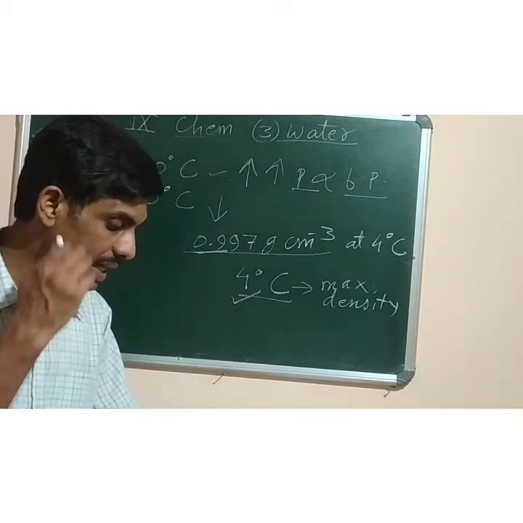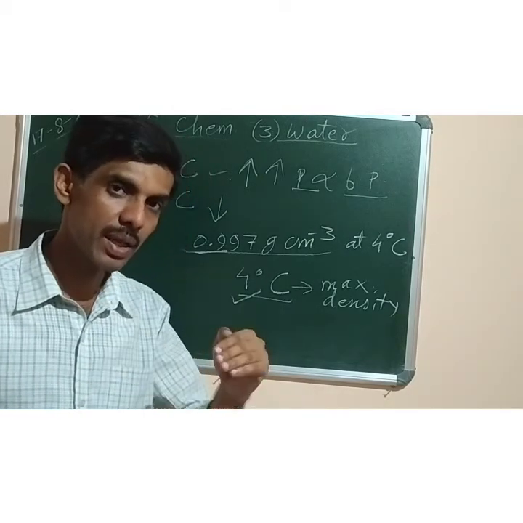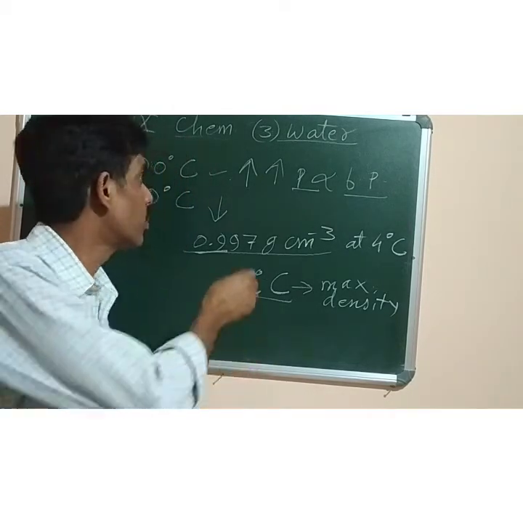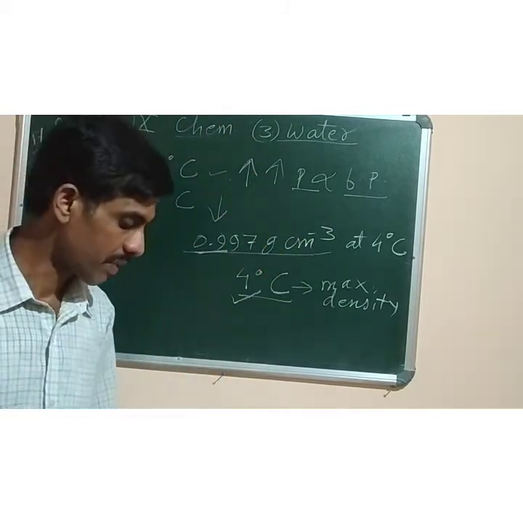Now, increase of pressure raises the boiling point of water, and this helps to get the food cooked easily and quickly inside a pressure cooker. Already I said that once we increase the pressure inside the pressure cooker, the boiling point of water is also raised, and that will help to cook the food faster.